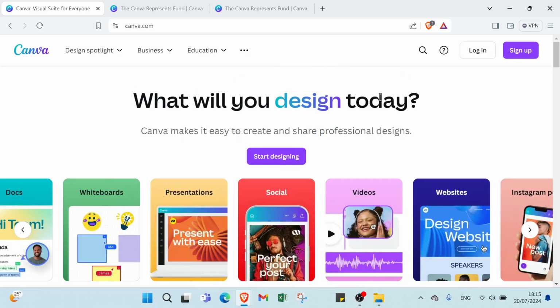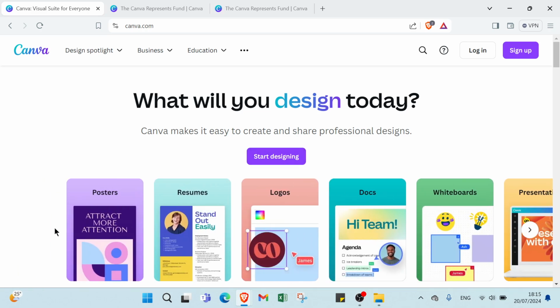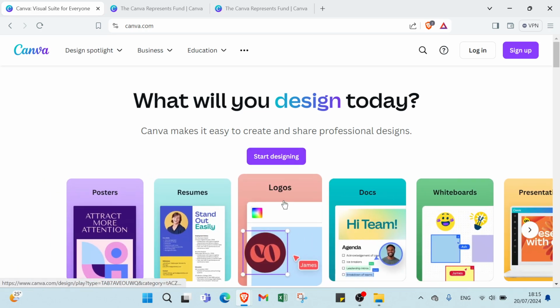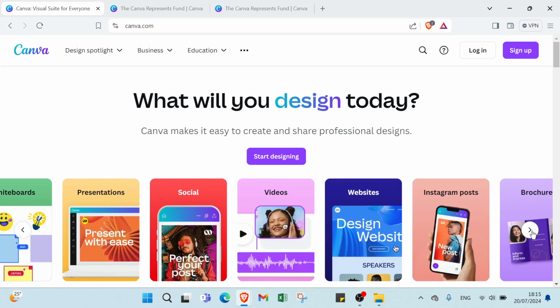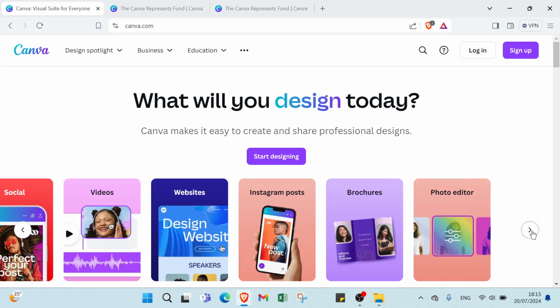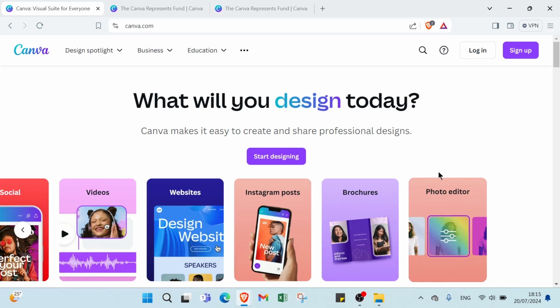So what will you design today? Canva makes it easy to create and share professional designs. You can just click over here and start designing. Here we have posters, resumes, logos, talks, whiteboards, presentations, social, videos, website, Instagram posts, brochures, photo editor. As you can see,